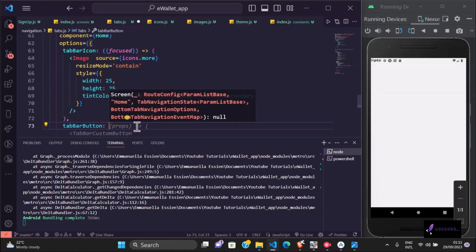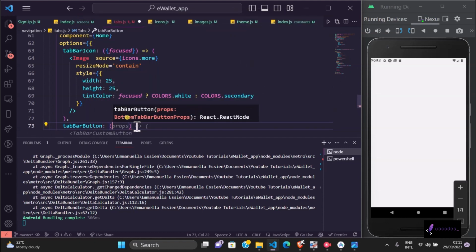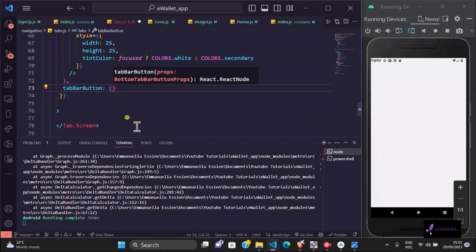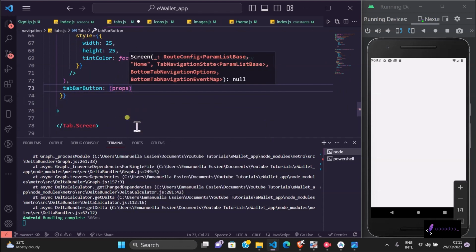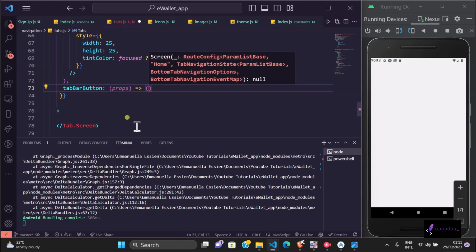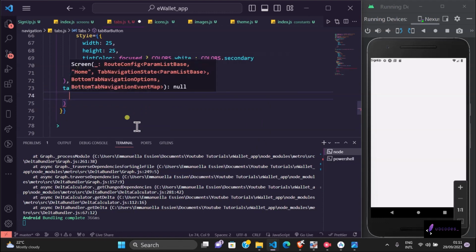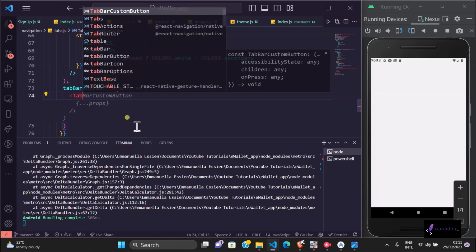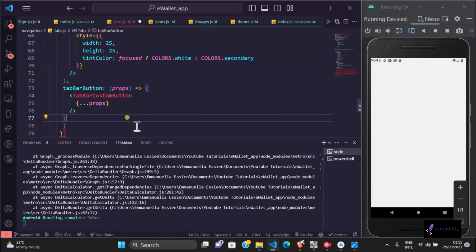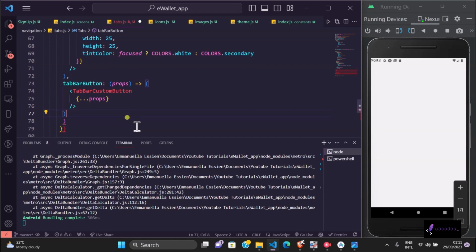For our tab bar button, okay, we're then going to put in props, okay, and we're going to do our tab